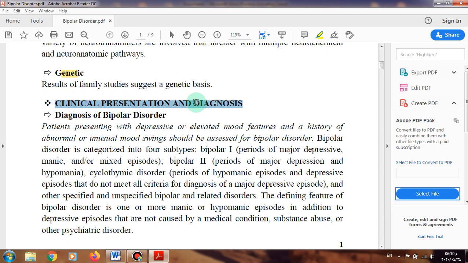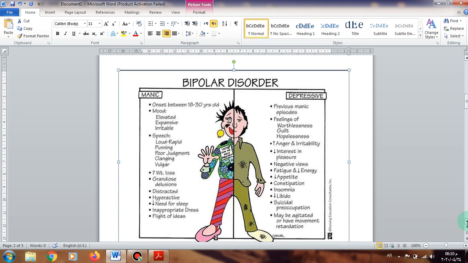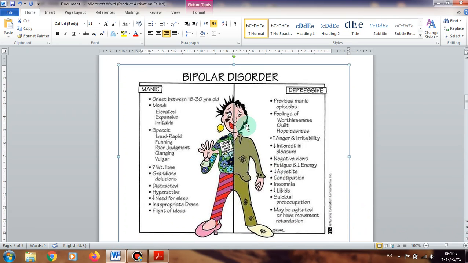For the clinical presentation and diagnosis of bipolar disorder, before we get to it, let's look at this picture that shows the most common signs and symptoms associated with bipolar disorder. Of course, first, bipolar means two poles, so the patient who has bipolar disorder usually suffers from two conditions: depressive episodes and manic episodes, one the opposite of the other. Depression is characterized by depressed mood and a low level of energy, and manic episodes are characterized by elevated mood and